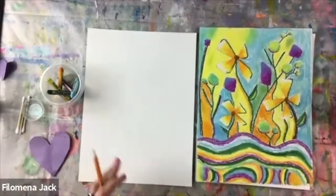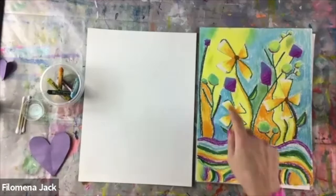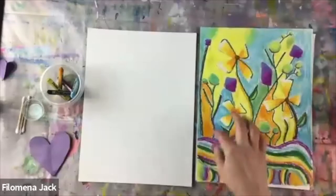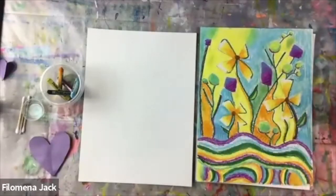So let's sketch out some flowers. I'm going to be quiet for a few moments, let you draw, let you think, and please don't overthink. Put some flowers in. I did three of these daisy type flowers here. What I would like you to think about is